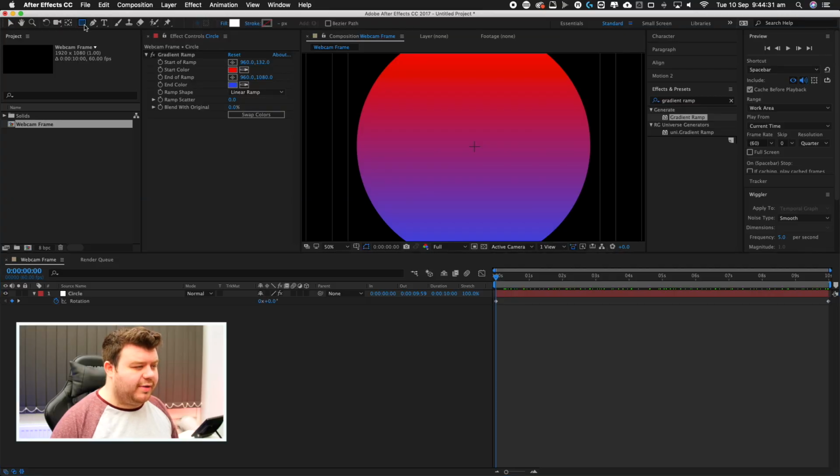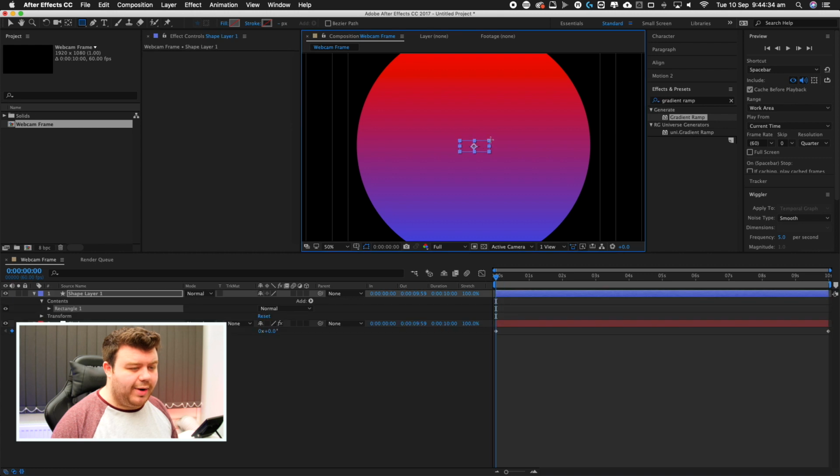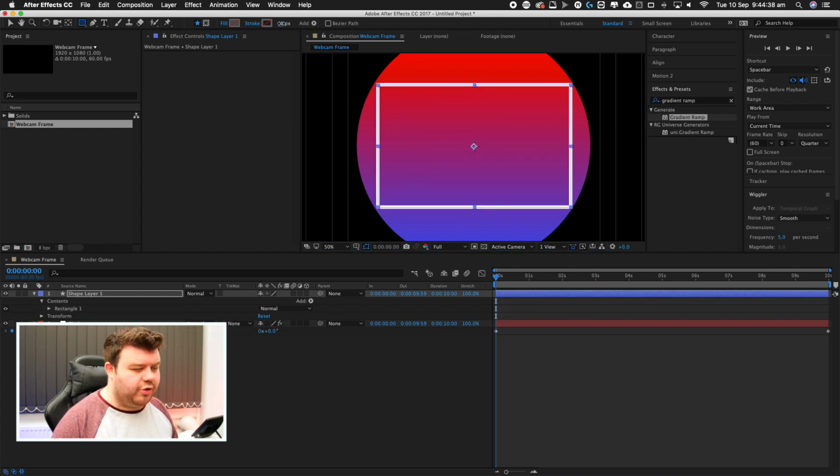The next thing we're going to do is add our webcam frame. Once again, you can design something outside of After Effects, like in Adobe Photoshop or in Affinity Design or whatever, and then bring that into Adobe After Effects and use that as your mask. We're going to keep with a rectangle for now, like we did inside of Apple Motion, and just use that as our design. So we're going to select the rectangle tool, and then click and drag from the middle out, and then we're going to add a stroke to the rectangle